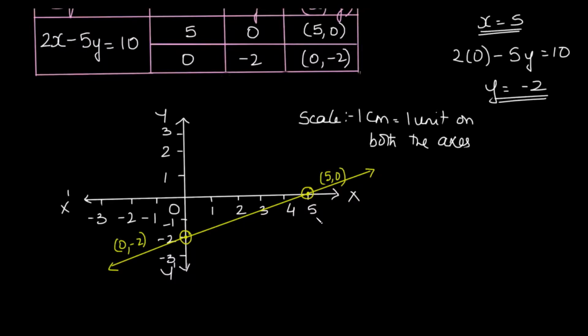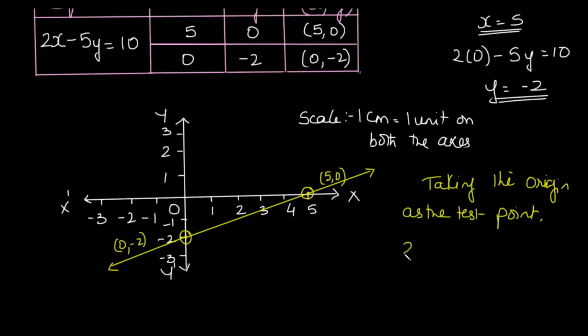And now to find the feasible region, that is it. So now that we have got the line, we can just find the feasible region. For finding the feasible region, again take 0, 0, that is the origin, as a test point. So taking the origin as a test point,